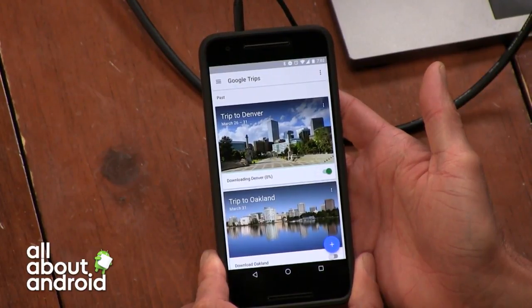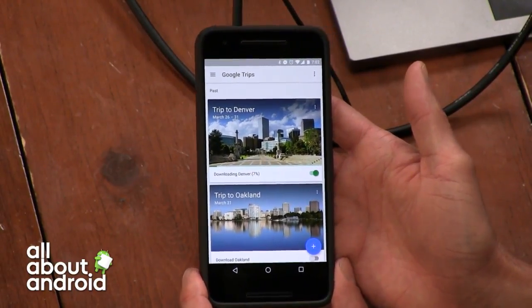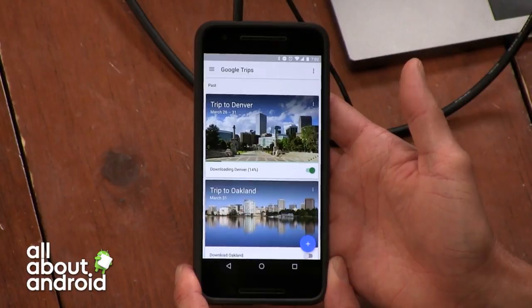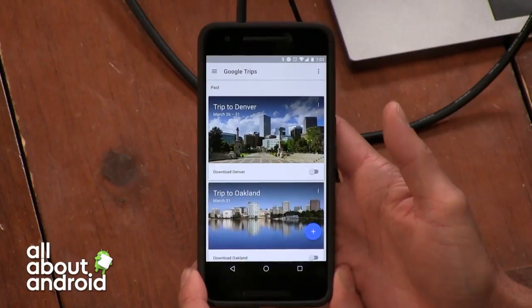I'm actually part of the Locals program, though I don't contribute as much as I should. I'm curious to see what it's going to turn into if they can get more of a community-oriented thing going. Local guides, as they are called, are very active in this. Google is reaching out to certain levels of local guides, the people who are really active, to help beta test this and fill it out with more content. So apparently, if you didn't get an invite, you're just not active enough, Flo. I'm really not. I'm the worst.